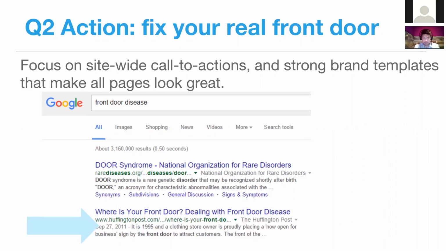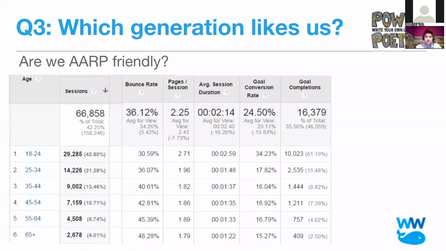So we're fixing our real front door. We're thinking about it. This is also important when we're going through site redesigns. Sadly, we see most of the design energy and talent spent on the homepage, yet it's ultimately the sub-landing pages, those smaller directory pages, that carry most of the brand value for new people figuring out, is this site for me? Is this providing valuable information?